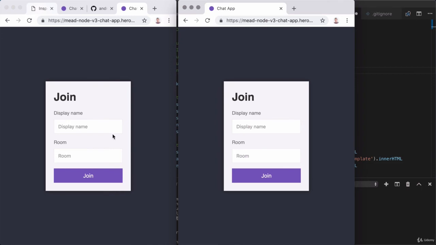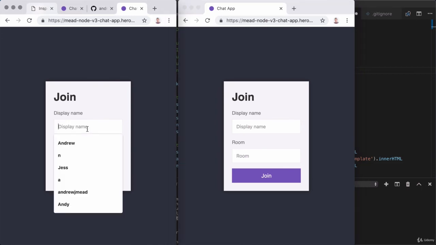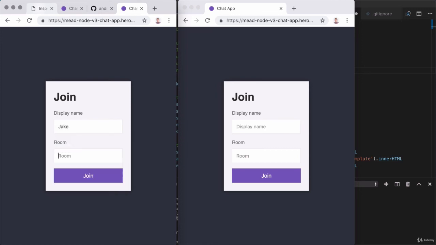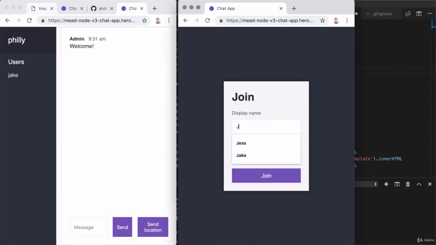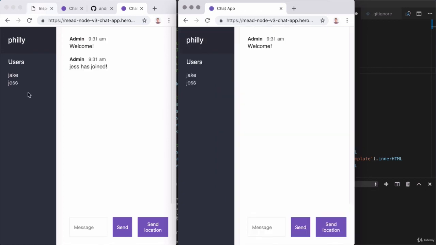And then I'm going to go ahead and try to join. So I will join over here as Jake to the room. Let's go ahead and join a room like Philly. Then in this window, I'm going to have someone else. Let's go ahead and have Jess join that same room. And right here, I can see that both do have the names showing up, and I should be able to share data. So I could say, hey, and that shows up for both windows,